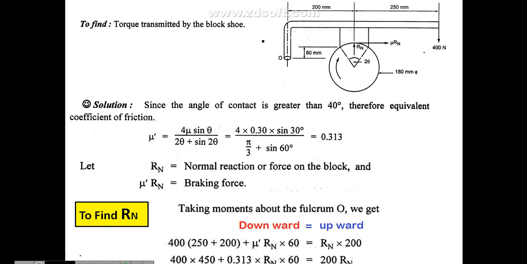The vertical force acts at the brake shoe, Rn, which is 200 mm away from the fulcrum point O. So force into distance, Rn into 200, is the moment. You do the calculation, keeping all the Rn on one side and the remaining on the other side. Finally you got Rn as